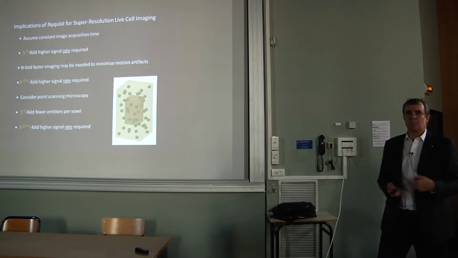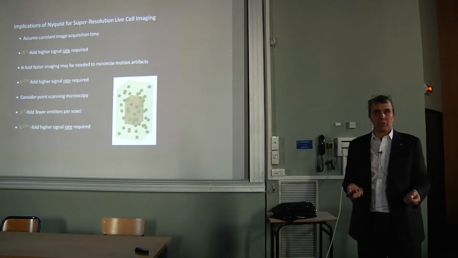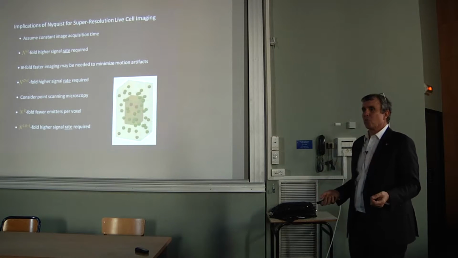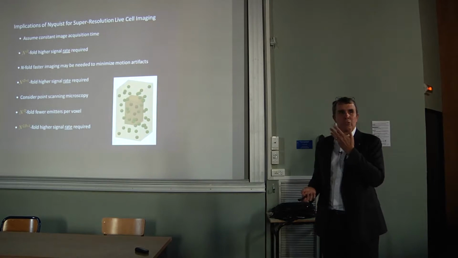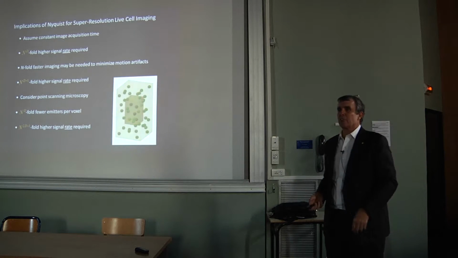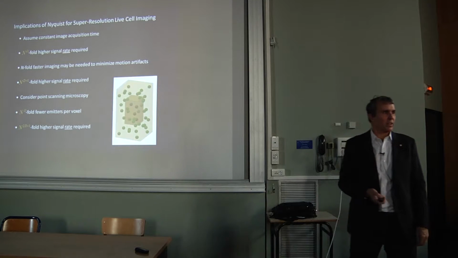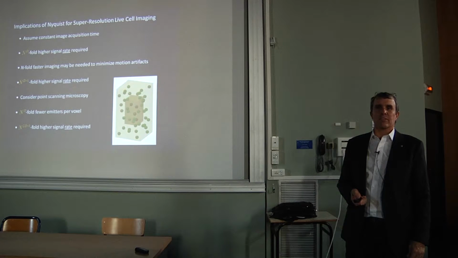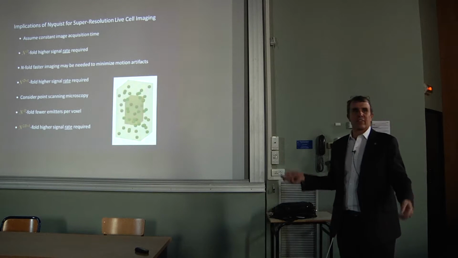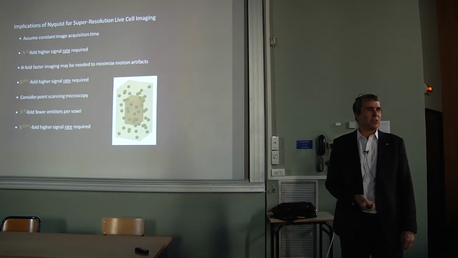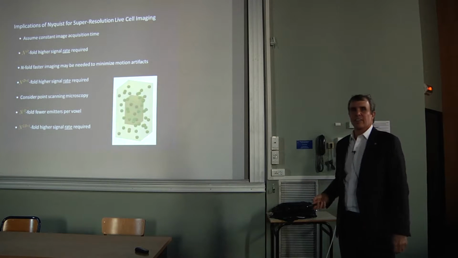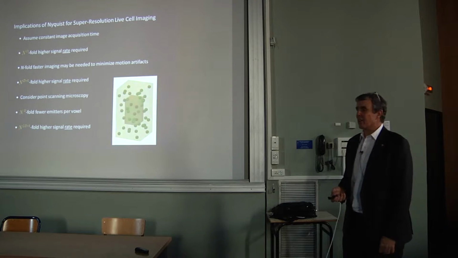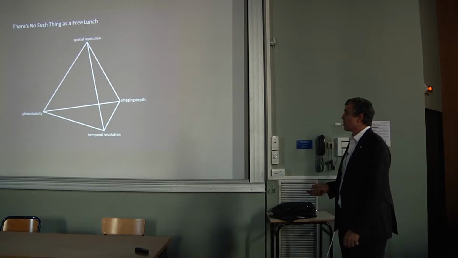So even something as modest as a factor of 2 improvement in resolution in 3 dimensions would therefore require 128 times the rate of photons coming out, which means 128 times as much light going in. And there are claims of doing live imaging in 3D at 50 nanometers. So that would be then 4 to the 7th. I don't know which would be what, 128 times 128? We're talking 25,000 times as much light that you would have to get out. It's just not plausible in order to do that.